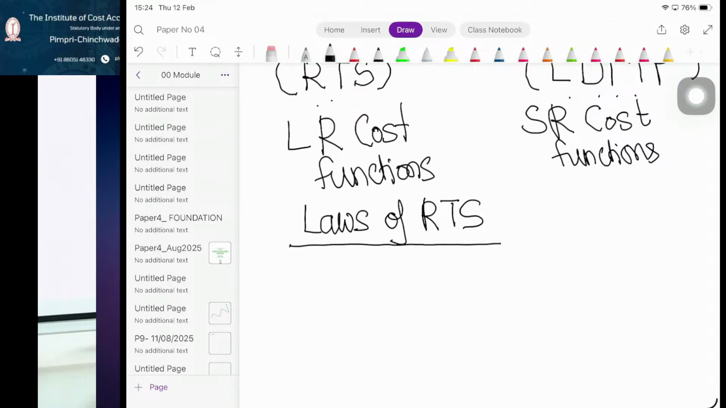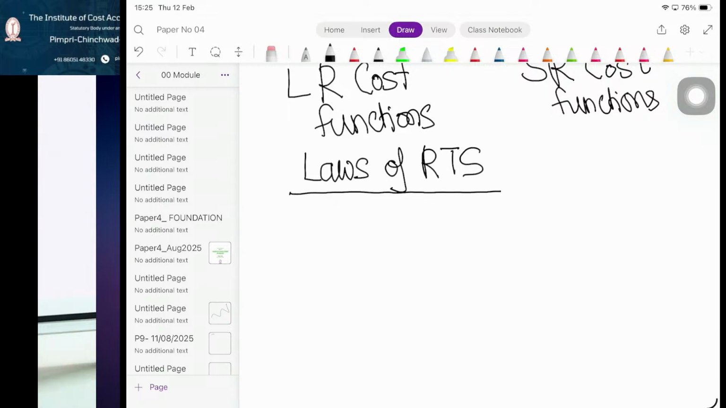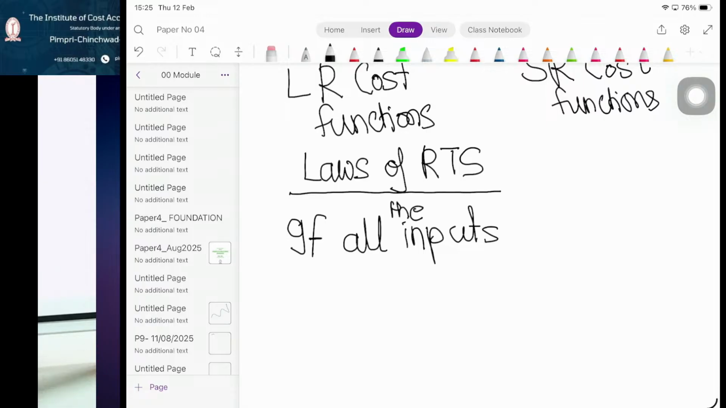Okay, laws of returns to scale. Now remember here, we think about a simple thought experiment. If all the inputs are doubled,